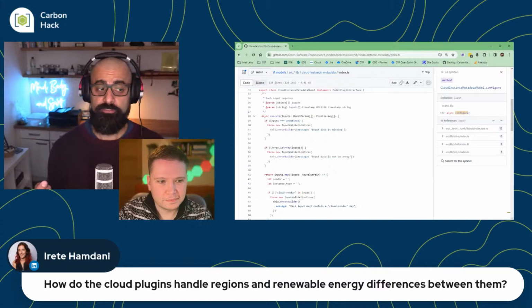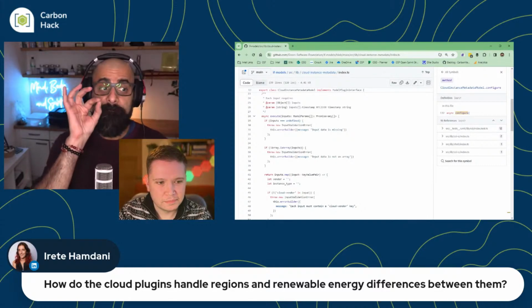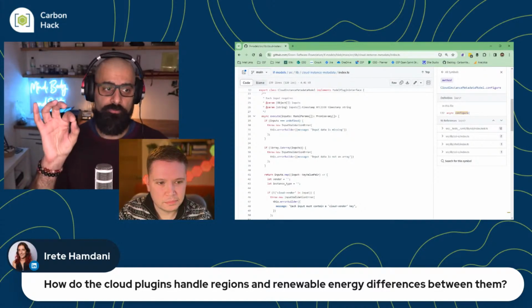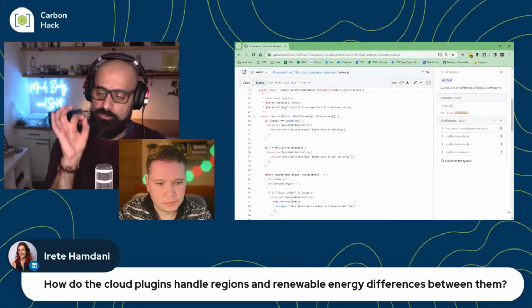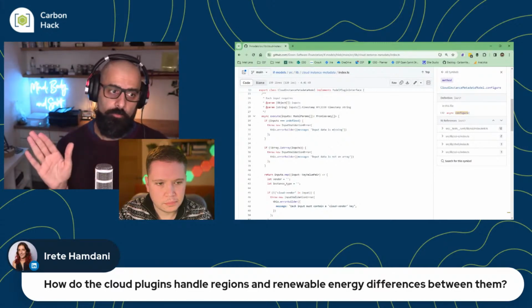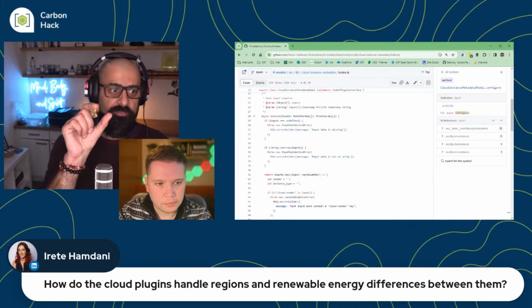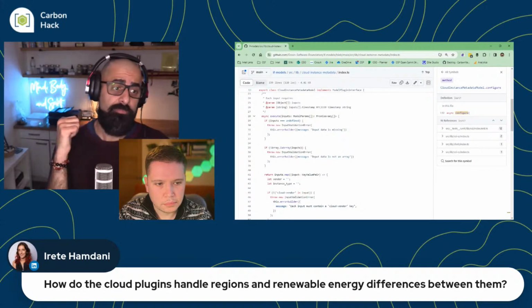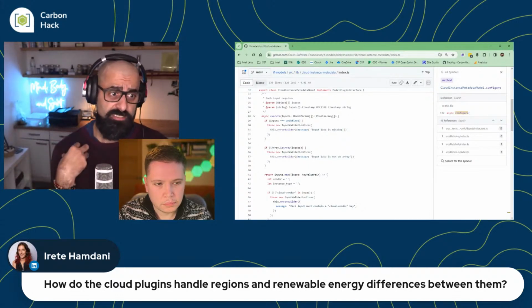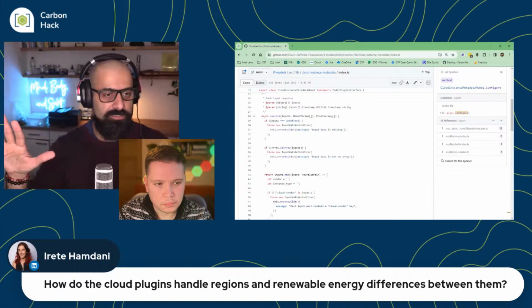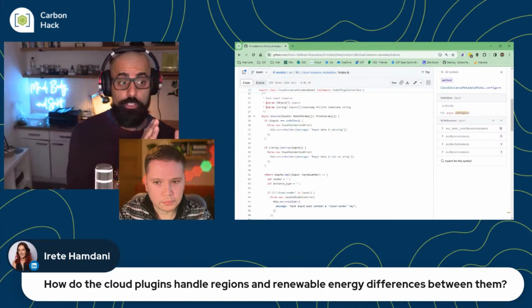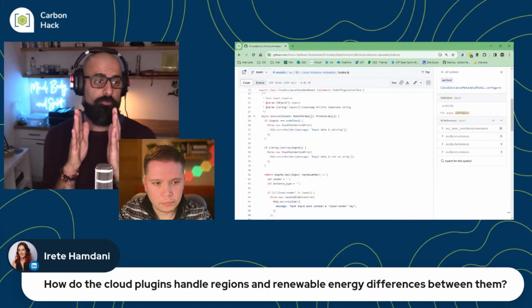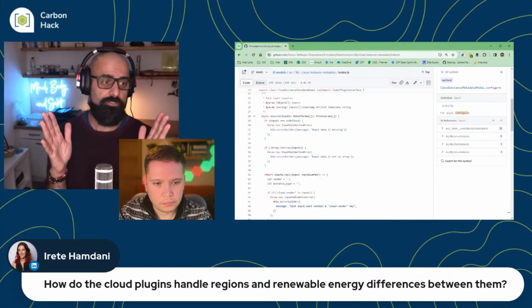So just to reiterate again, we're just building micro model plugins. The Azure one that you saw does one thing, and it does that one thing well, which is, given the name of my virtual machine, just extract from your database what the utilization is. It doesn't make any assumptions. It doesn't care what the renewable energy consumption is. For that, you will use another micro model plugin, and it can be whatever you want it to assume.